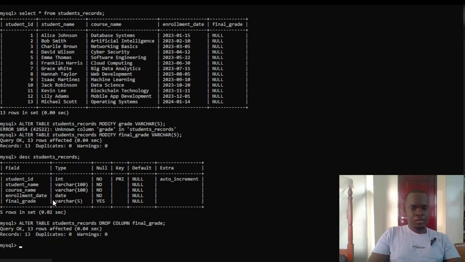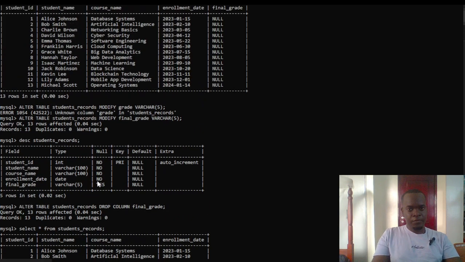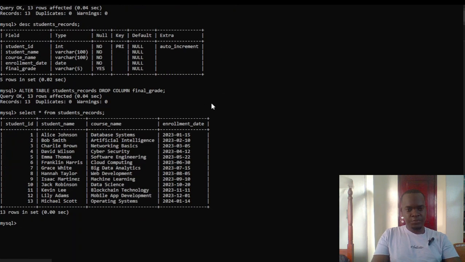Let's see that. So if you get select, you could also use the upward direction key to get the previous code. So as you can see, from here we had our final grade column. Here it has been dropped. So lastly, we shall look at truncate. Truncate quickly deletes all rows from a table and resets any counters. In this case, since we don't want to delete all our columns and we still need them to view the use of other commands that we are going to see,